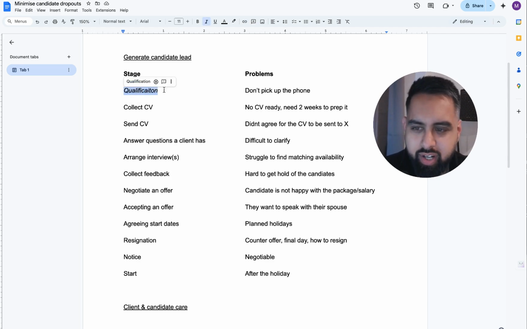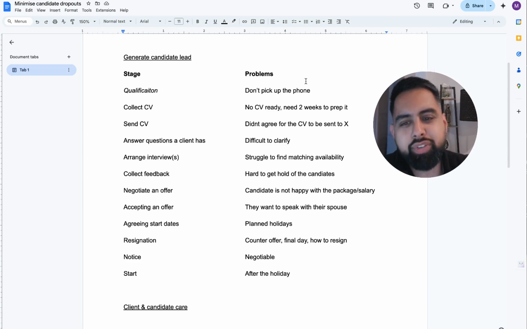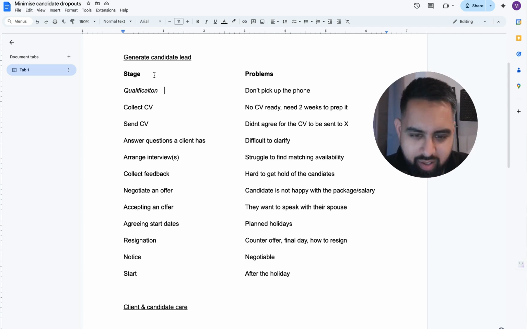And if you're trying to qualify them, then the problem that you might have is maybe they don't pick up the phone. This is purely a case of arranging a convenient time to have a conversation. So I'm going to go down each individual step along the way, the problems that you have, and then how you can reevaluate and change this process around to make sure that you don't face the challenges and problems along the way. So collecting CV stage, sending CV stage, and all the way down to the start date for the